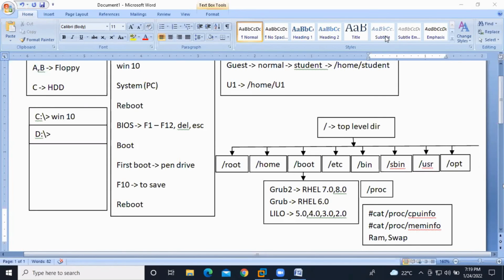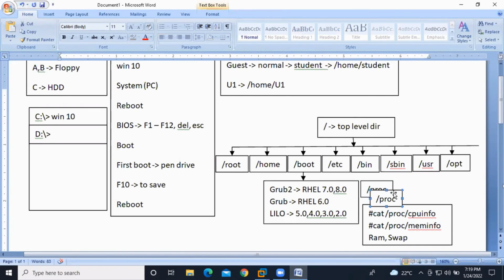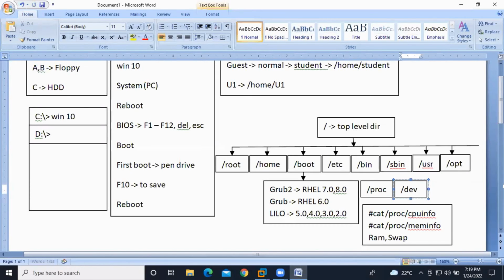So clear, guys? I hope you're clear about RAM and swap, right? Good. Next directory, dev. So dev contain device files, guys. So device files means